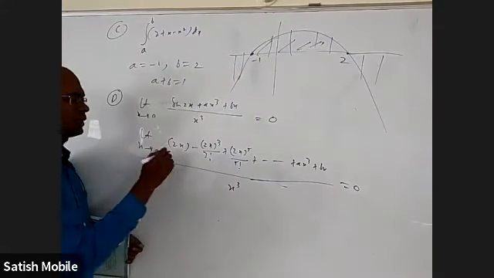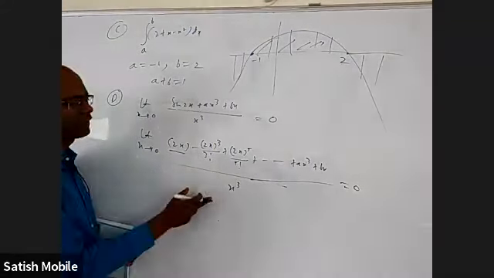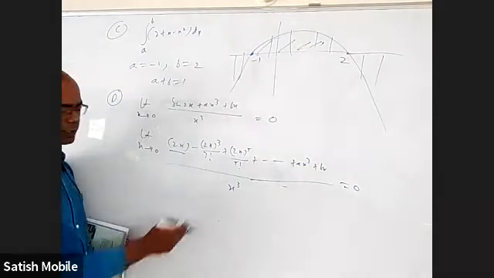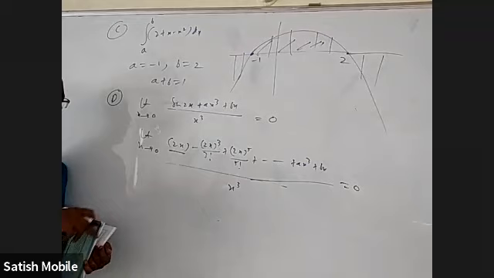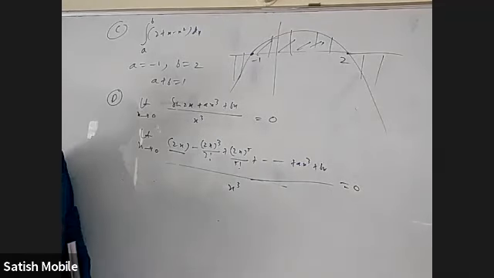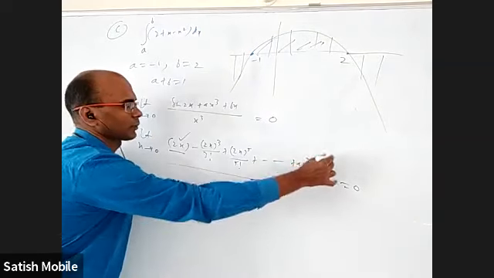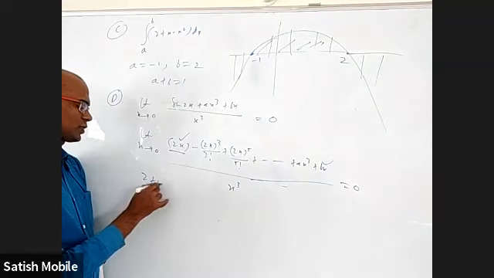If this x term is there, the limit will be infinity or undefined. I can say infinity because x will cancel, 1 by x square will come. Whether tending to 0 minus or 0 plus, it will be tending to infinity. But we don't want that. We want the limit to be 0. So the x term should be cancelled. This and this put together, so 2 plus b must be 0.